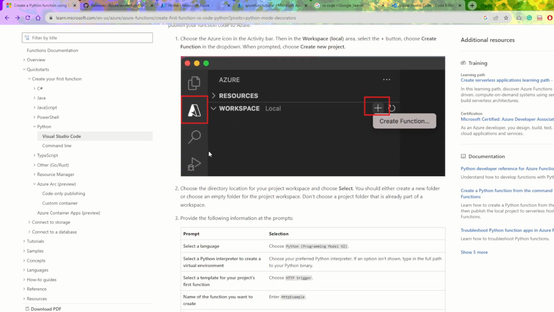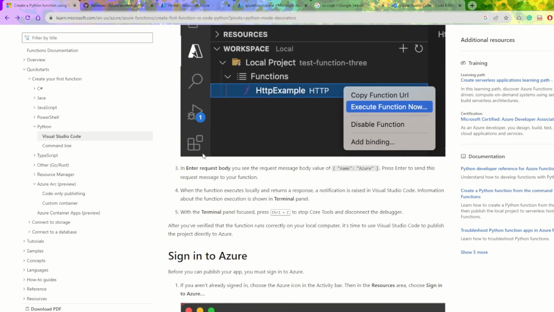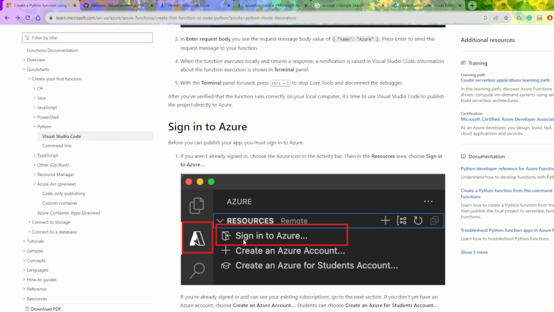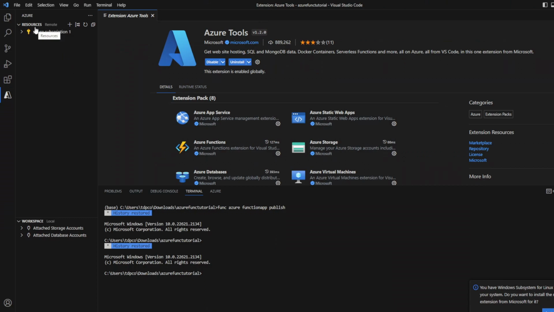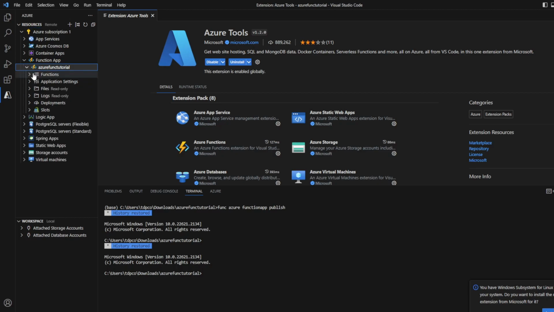So if you see here in this step, it shows like this in the app, sign into Azure. It will open the browser and you just log in with your credentials and it will be done. Then you see the same screen as mine. And if I click here and go to the function app, you can see there is a function app, right? And it's empty at the moment with no functions,